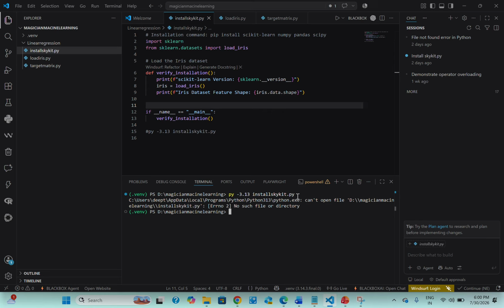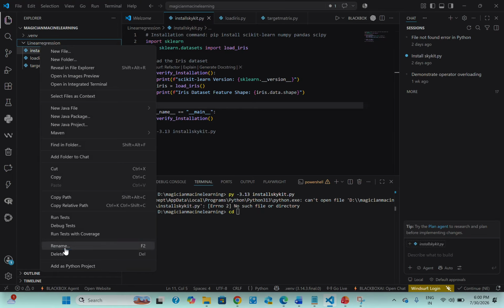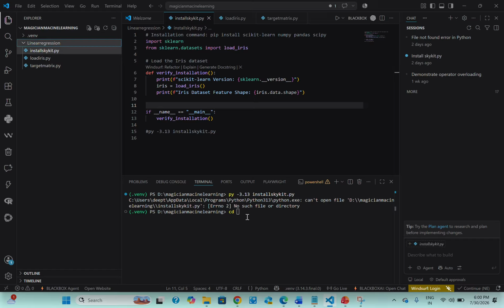Now I'm going to execute. I have to be in the same directory where my program has been written. My program is within this linear regression folder, so I am entering the linear regression folder and now I am running my program.